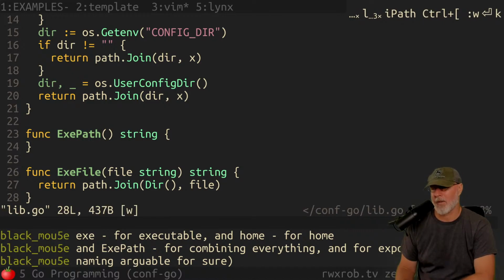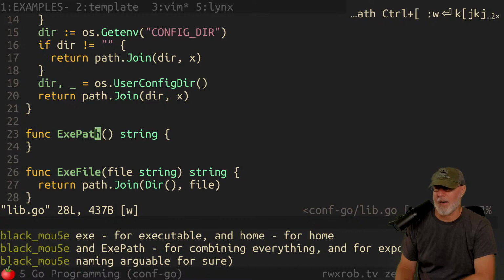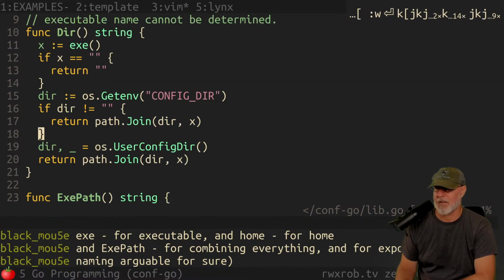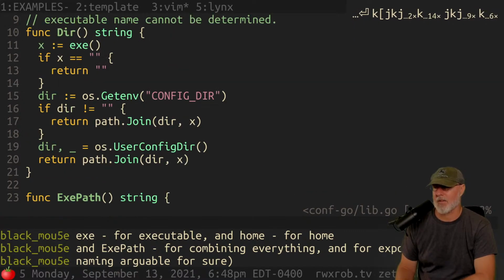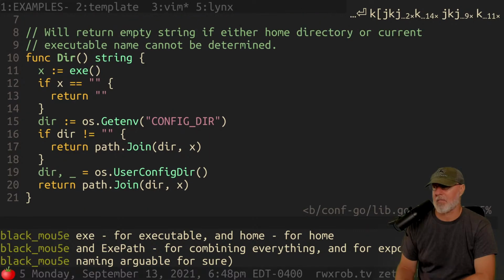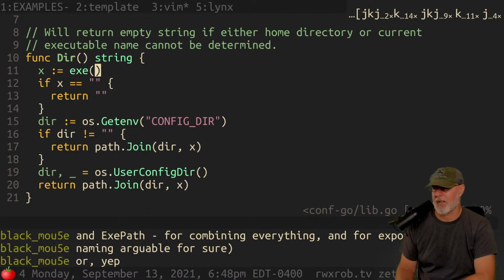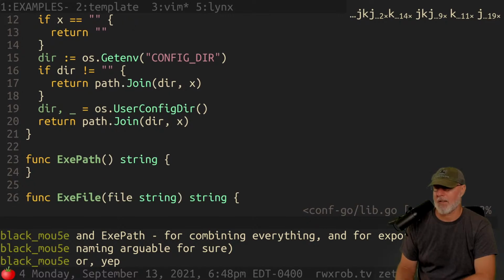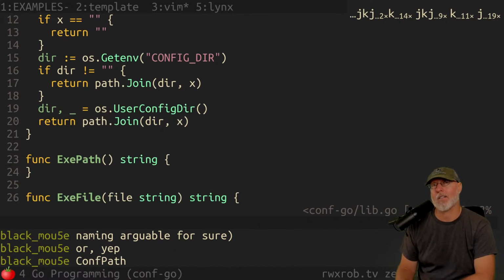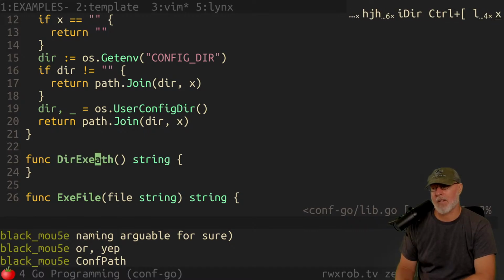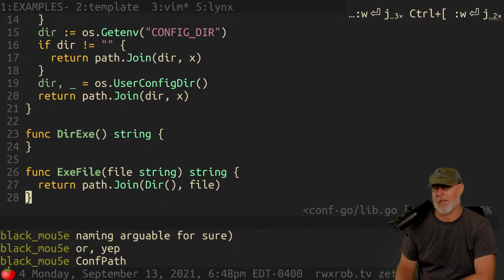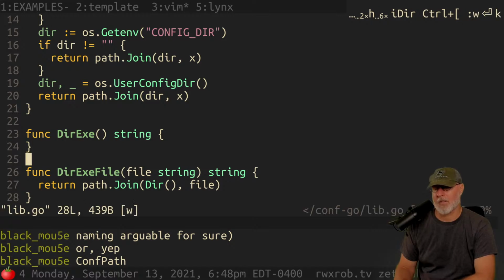No, because they're going to think it's executable, no? Conf.directory. I feel like we're losing our dir in there. Conf.dir. This is the base conf.dir, configuration directory. You see what I'm saying? Let's see. Conf path. Conf.exe path. We could probably get away with this. I kind of want him to build. I like conf path too.